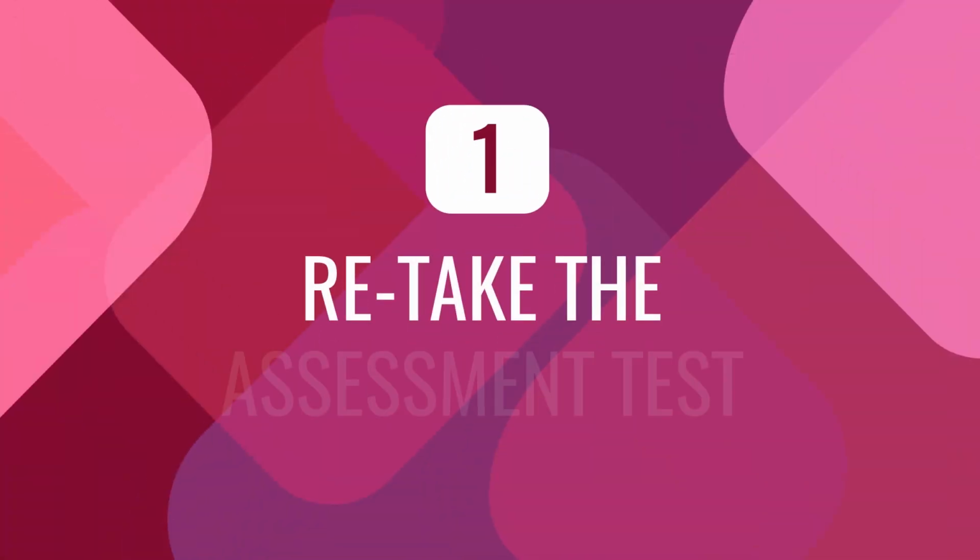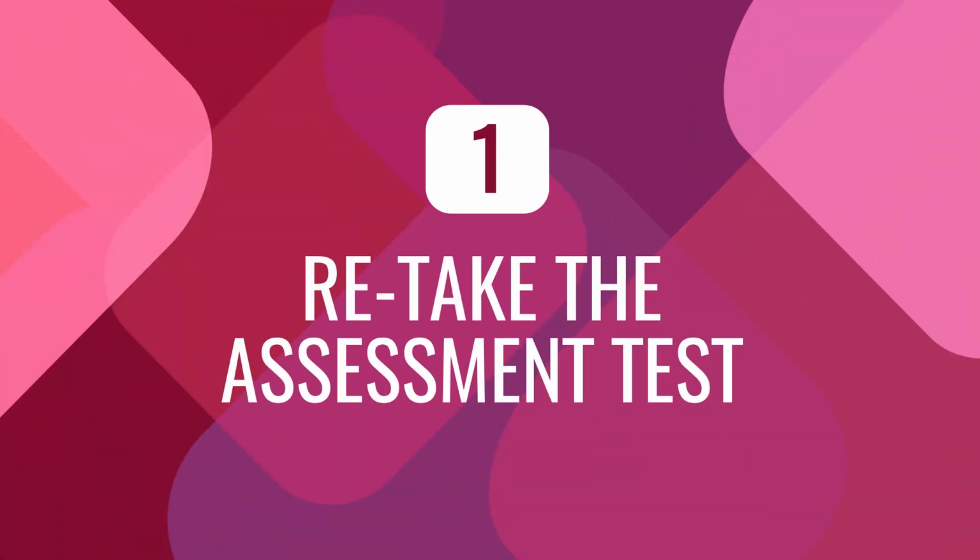Number 1, if you're a Premium Plus user, retake the assessment test. Technically, you can only take this once, but if you get in touch with our support team, we'll give you the link. If you're using any other resource, find a way to test yourself. Look for practice tests, apply for a proficiency test, take online quizzes, anything that forces you to test your language